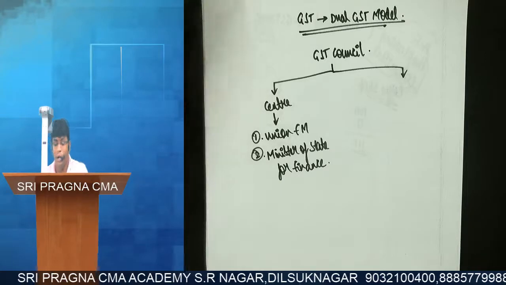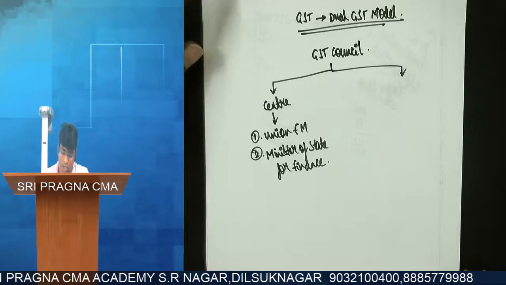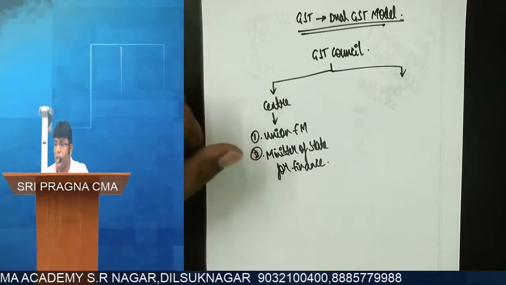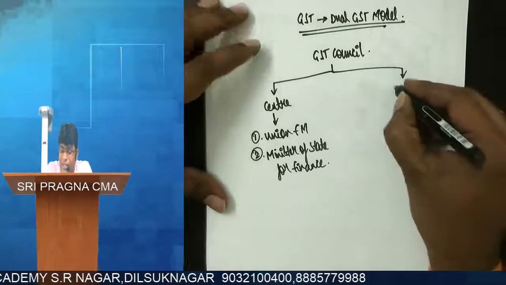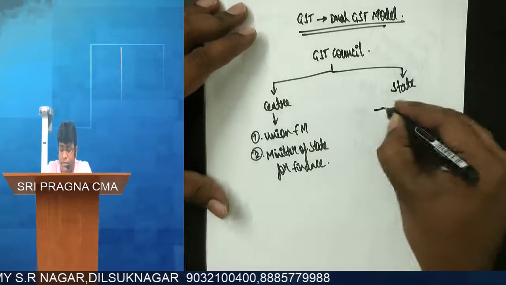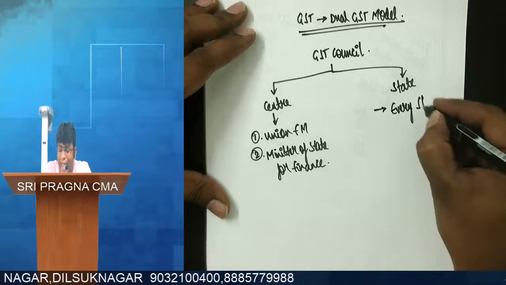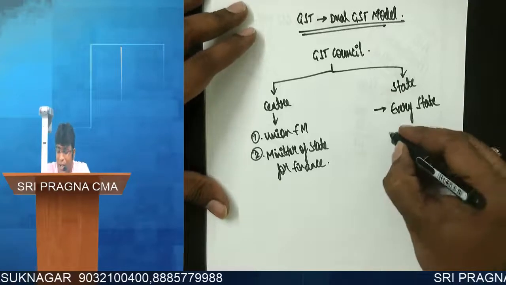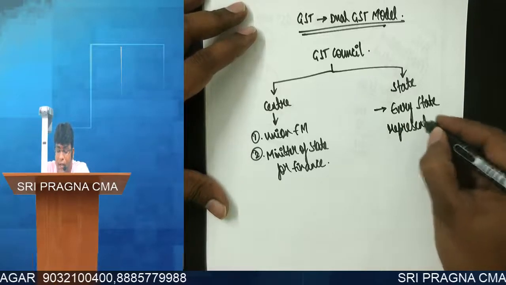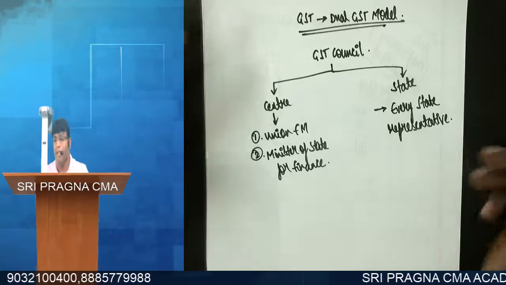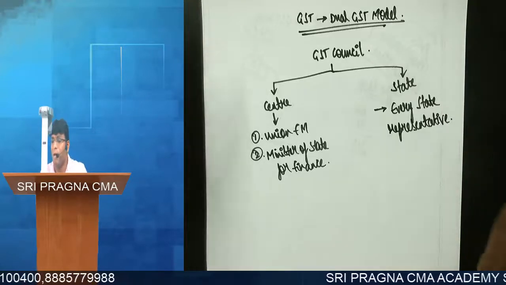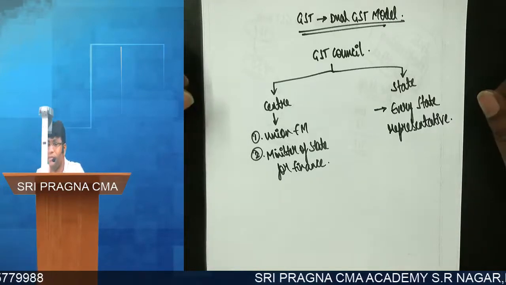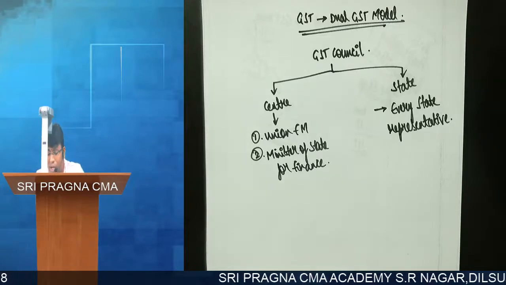So getting clarity? Come on. From the center side, how many members are there? Two members. Who is the first one? Union Finance Minister. Second one? Minister of State for Finance. And from the state side, we have every state. Any idea? No, sir. Every state representative, not necessarily the finance minister, either finance minister, chief minister, or any minister, but from the state side, one representative will come from all the states in India. Are we clear, friends? This is the composition of the GST Council.